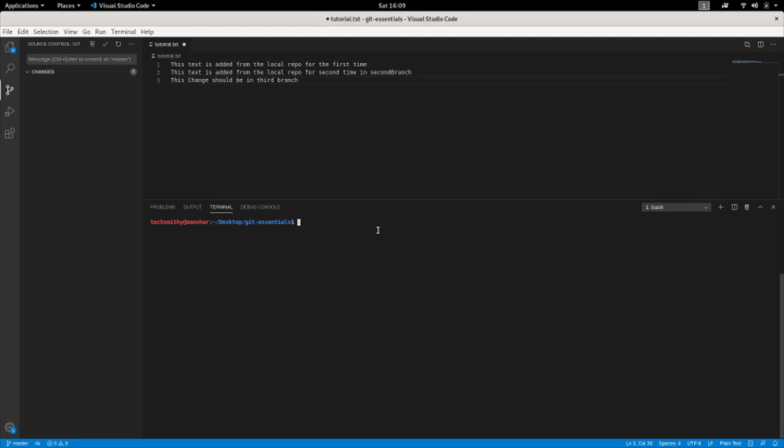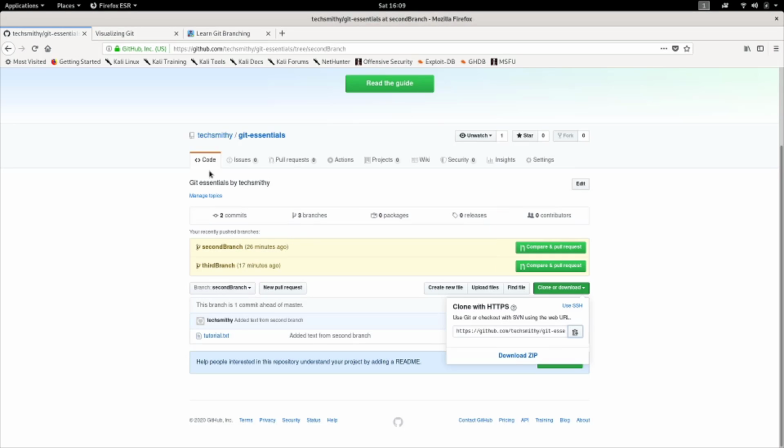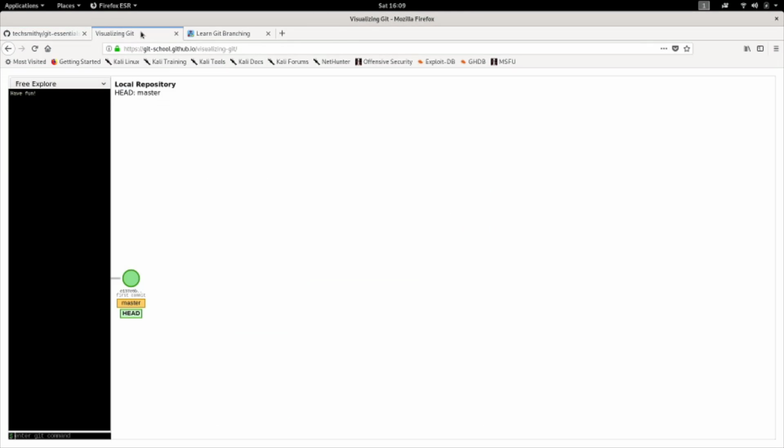Let's talk about rebasing now. I have learned Git on a few websites here. I'll give these links in the description. I thought these will be helpful when trying to show about Git rebase. Okay, let me do the following. These commands will change per website. Don't follow these commands. Let me do this.